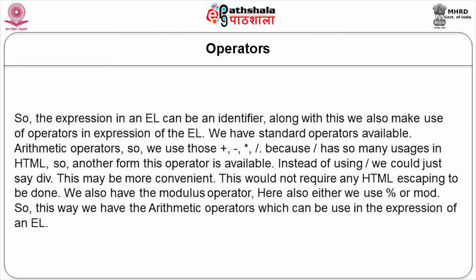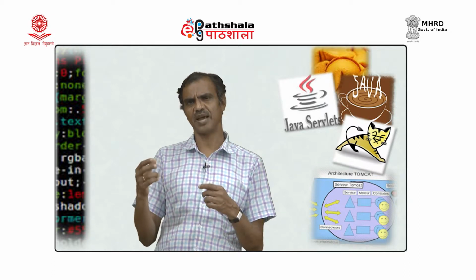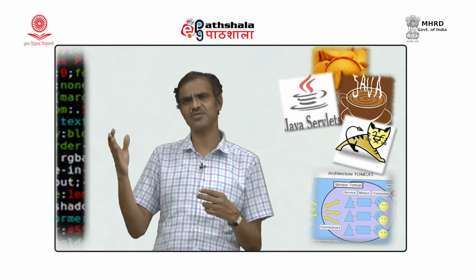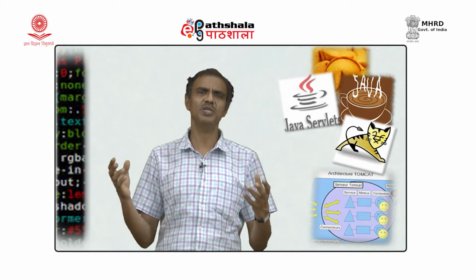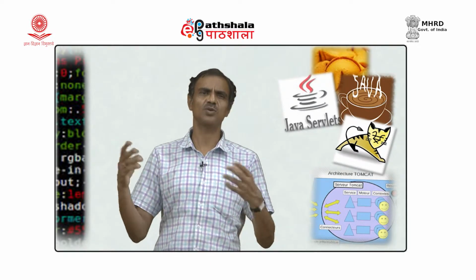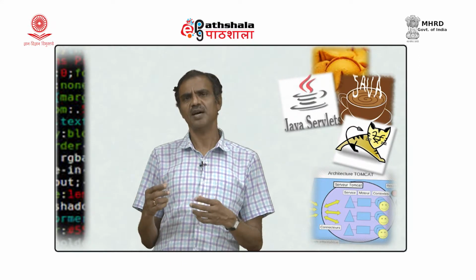Fine. There are operators, those standard operators which we normally have. We have those arithmetic operators. So, you can use those plus, minus, multiplication, division. Okay. So, plus, minus, multiply, that star, asterisk and a slash for the divide. Now, again because of the slash being used so much in HTML and it has its own usage in HTML, right. So, because of that reason another form of